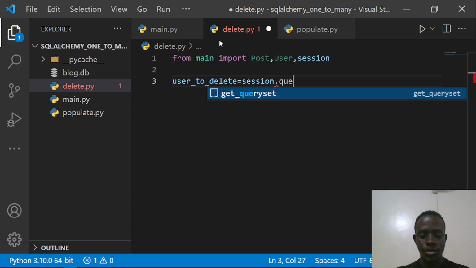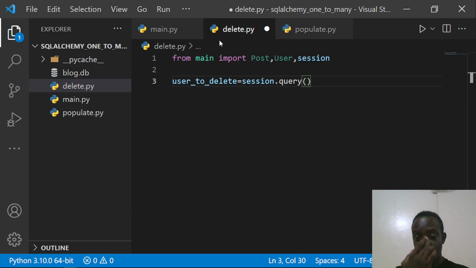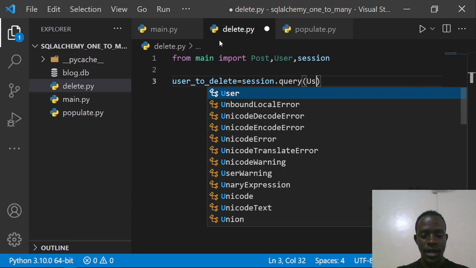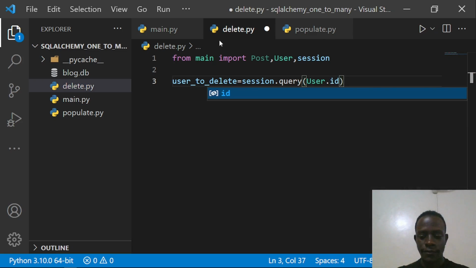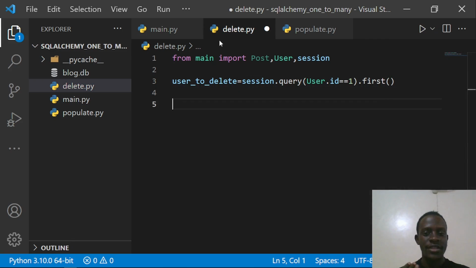So I'll say session.query, and right in here I'll say that we want specifically a user with an ID of 1, because we have only one user in our table. However, you can go ahead and create others. So you can say user.id. If the ID is equal to 1, then you want the first object with that specific ID. So once you have this user, then what you want to do is go ahead and delete this